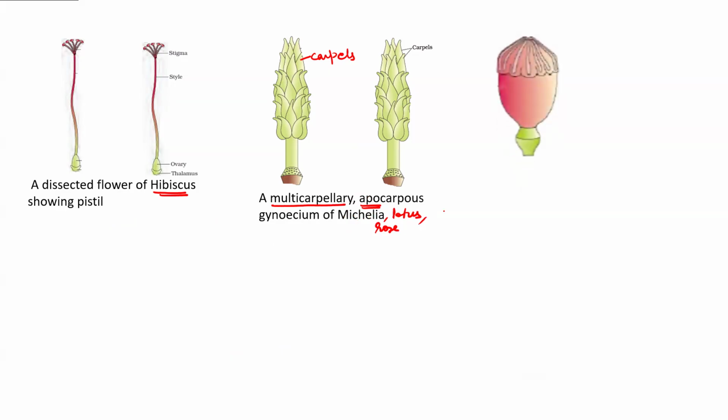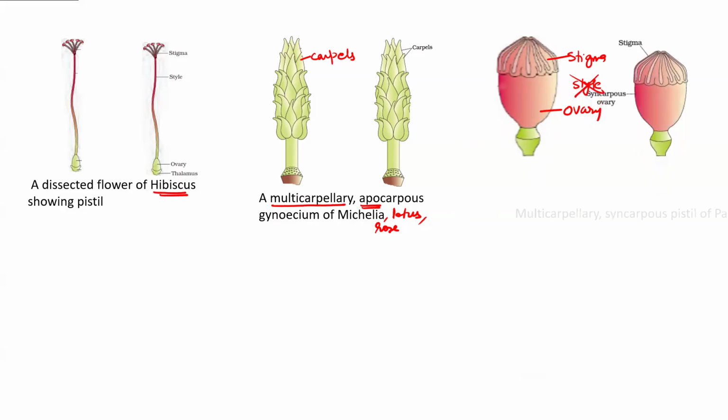Now see next. If this is given, please understand the question carefully. This is the stigma, please learn this is the stigma, and this is the ovary. This is the ovary, which means the style is absent. Style is not there. Is it clear? And this is multicarpellary syncarpous. Syncarpous means fused, when many carpels are there and they are fused, of the papaver. Okay, this is of the papaver. You can go and check the human health and disease chapter. In the drugs section, the same diagram of a small flower is there.